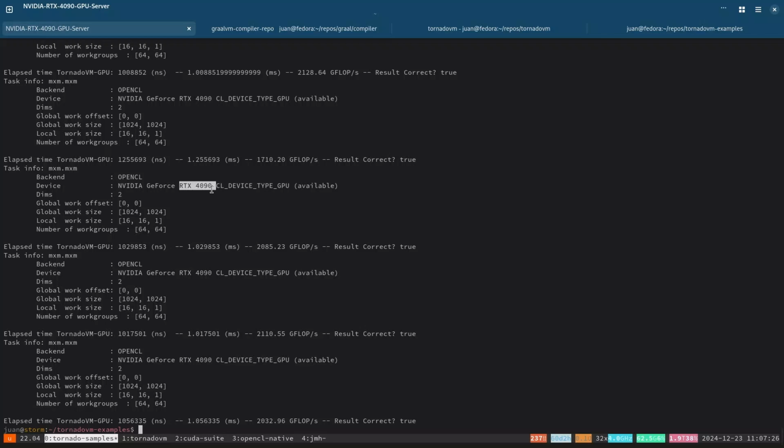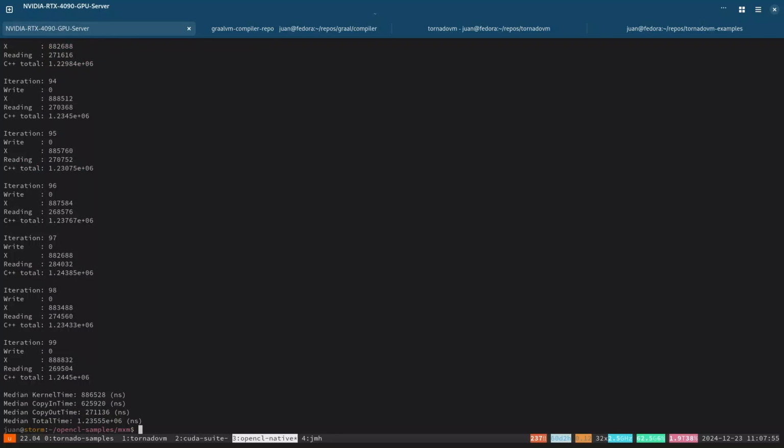That's good. That's the one we want. And the block of threads used. So we see that the global work, so it's the total number of threads, was 1024 by 1024. That matches the dimensions of the input matrices. That's perfect. And the local work group size, this is the tuning, the block of threads, is 16 by 16. That's interesting. So let's do that in our